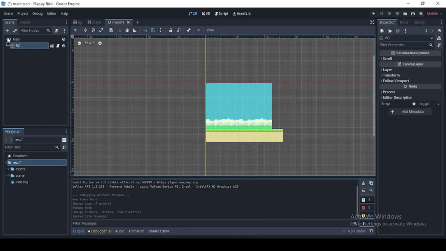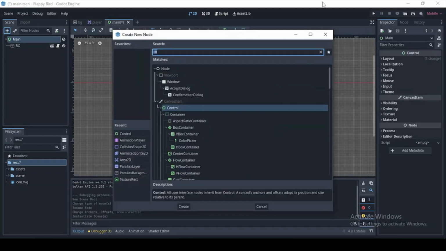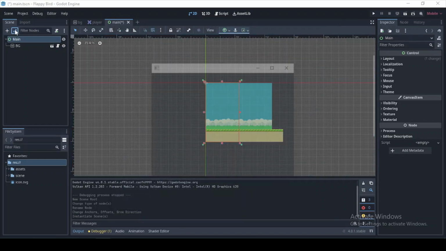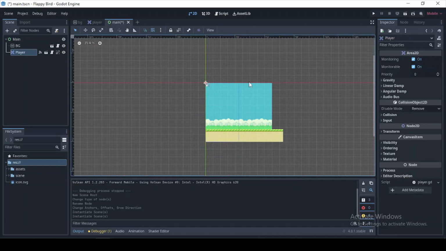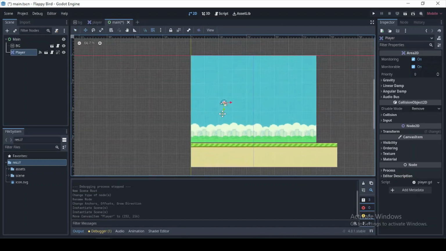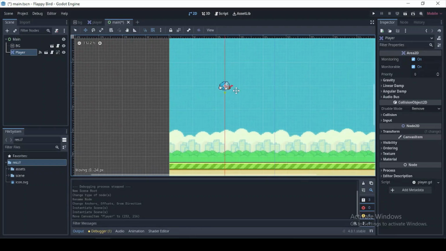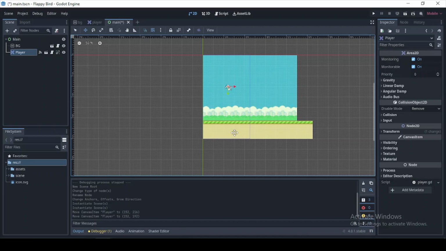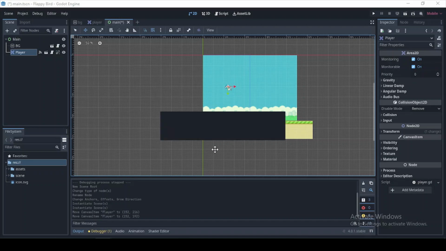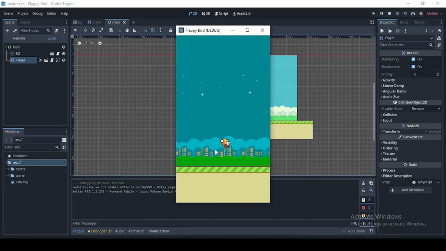Okay, so now let's instance our background to the scene. Yeah, that's good. And also our player. Let's drag this to the middle. And I think this is good. So if you run this, our player will be able to go through the floor since we haven't worked on that. Then also, as you can see,